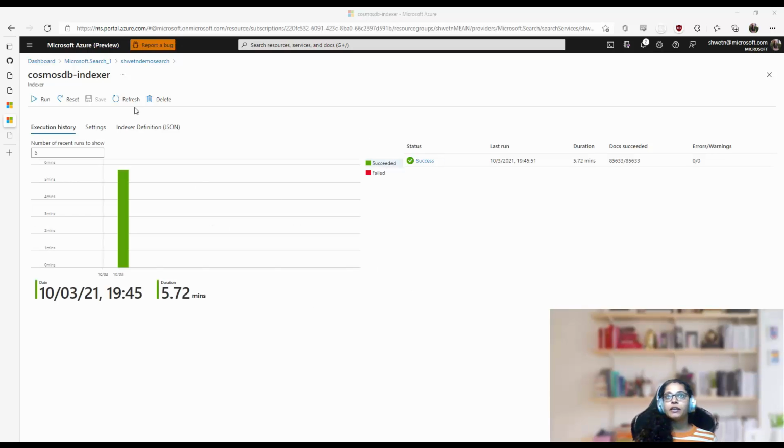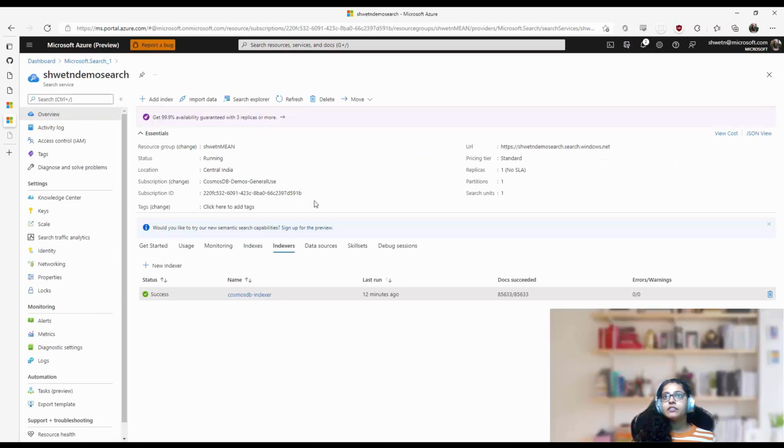Now, after some time, I have refreshed and tracked my indexer progress from over here. And I can see that all the items in my collection have been scanned successfully by the indexer. This is the total number of items that I have in the collection. Another place where I can validate that the indexes have completed is over here in the indexes tab in the search service. So I can see from here as well that the document count is completely available, and I can see the index size over here.